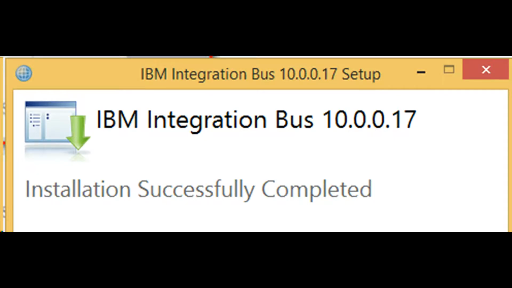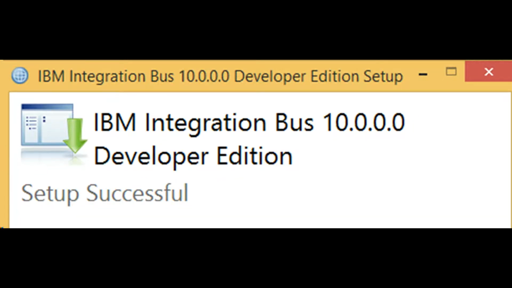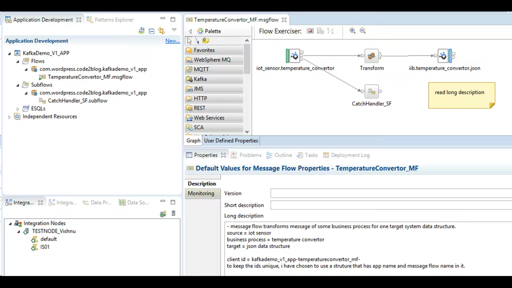Installation is completed. Now to start development. I had to uninstall version 10.000 due to conflict with new software. Application with one message flow has been created. It consumes XML messages and produces JSON response. Think of Kafka Publisher and Consumer as MQ input and output nodes to make the concept easy to understand.